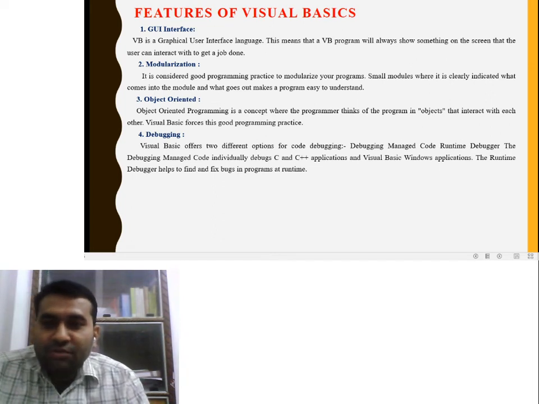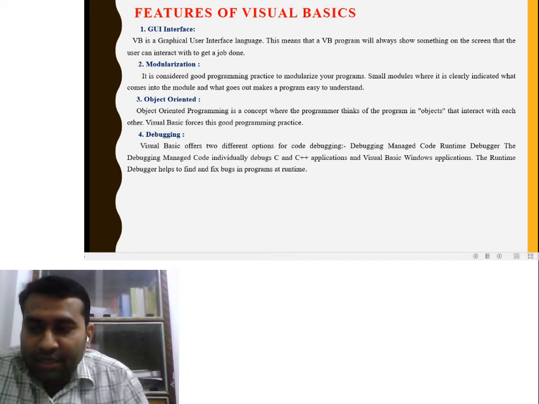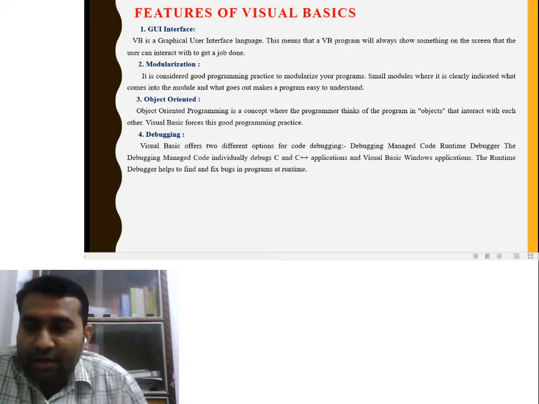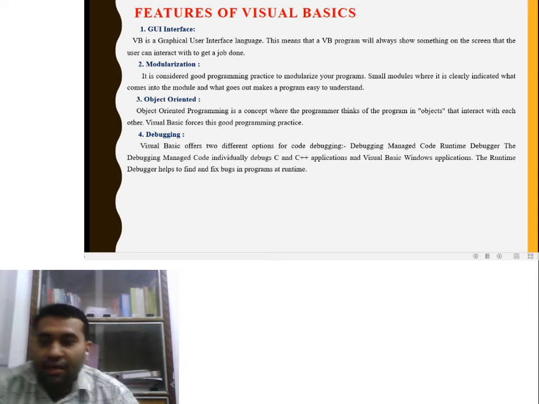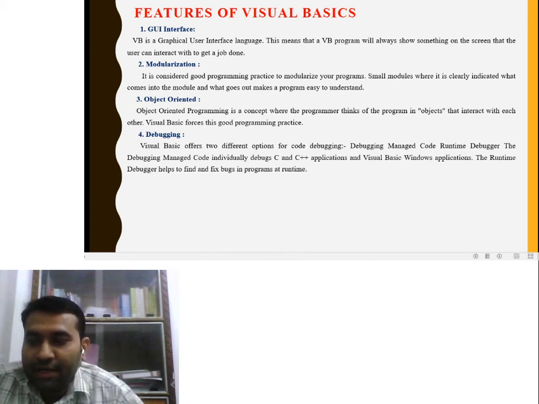There are three types of errors that occur. First is syntax error, second is runtime error, and third is logic error. Syntax errors are the grammatical errors in the formulation of statements, and runtime errors are errors that cannot be detected until the program is running. Third is the logic error. These are the errors that cause the program to behave incorrectly.